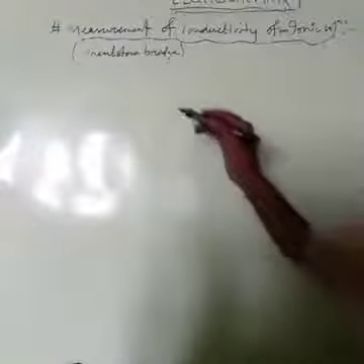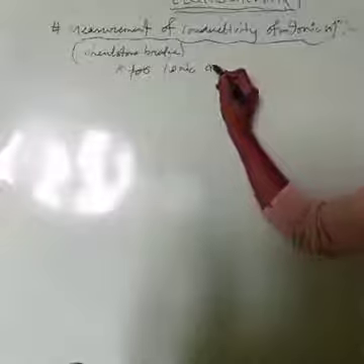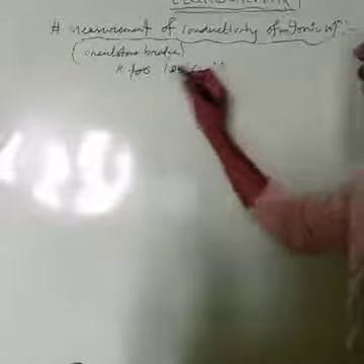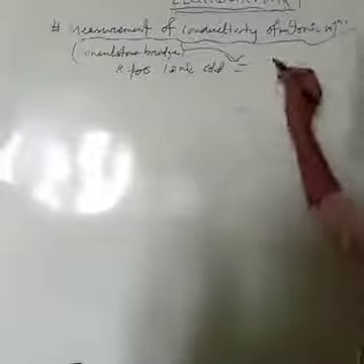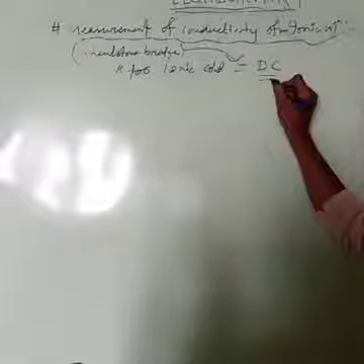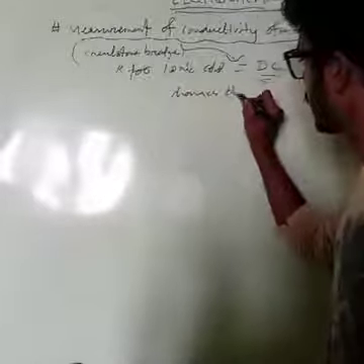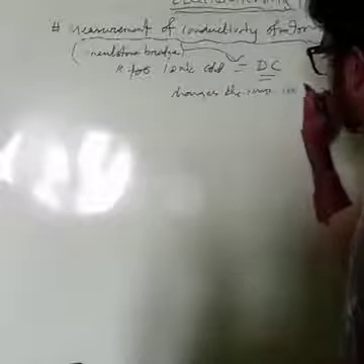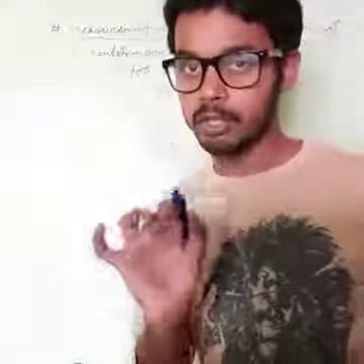Okay, so you can write, measuring the resistance for ionic solution through this bridge faces two problems. What are the two problems? First, the direct current, DC, changes the composition of the solution. It changes the composition of the solution. What type of solution are you taking? Ionic solution. Okay.